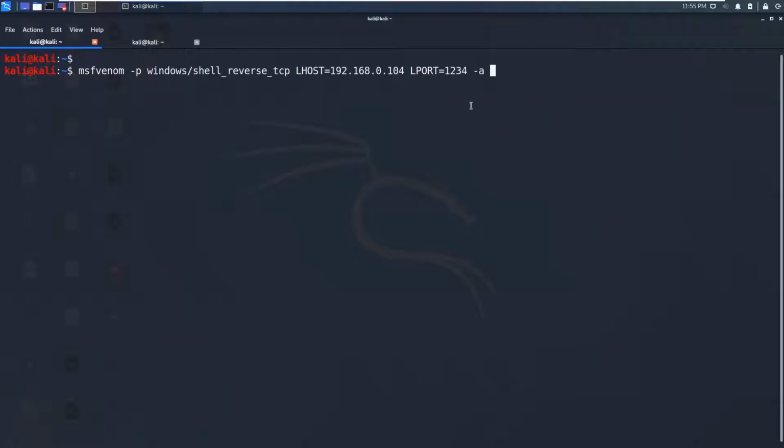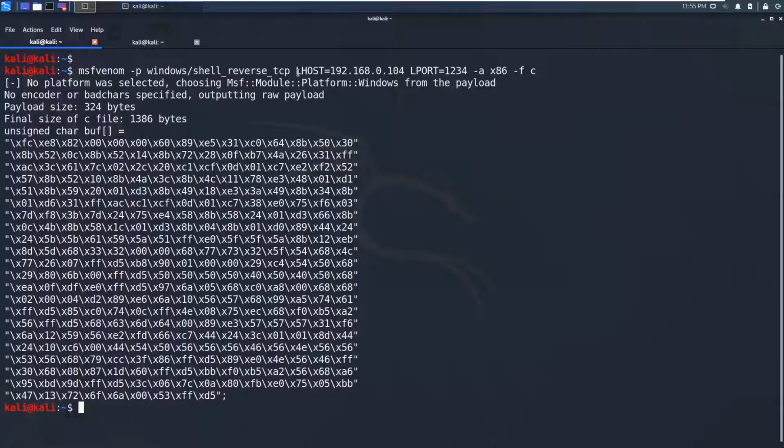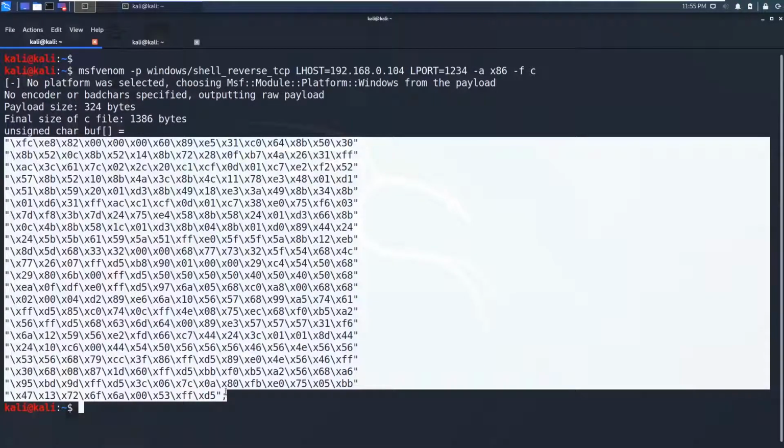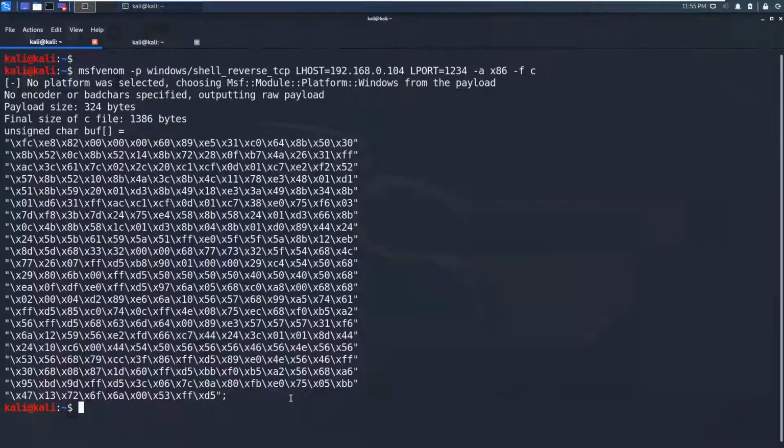We need to specify the architecture, let's say 32-bit, and then we will say format. I want it in a C variable format, so that I can put it in my C program. For the shell bind TCP we need to give the IP address of this victim machine and the port number to just bind on that machine. So we have got this payload. We can just paste it in our program,